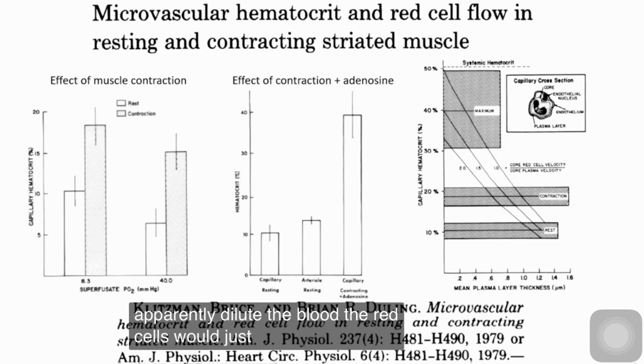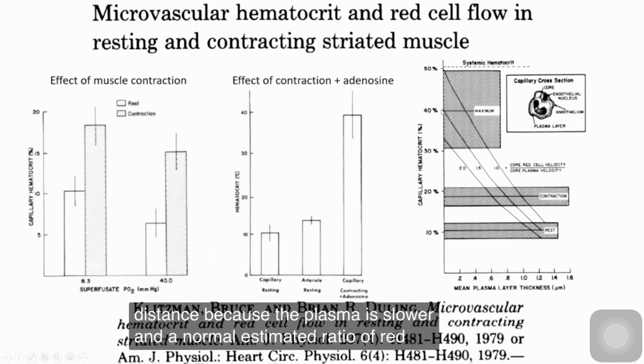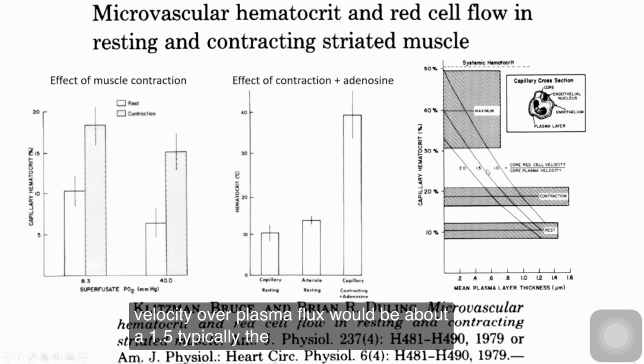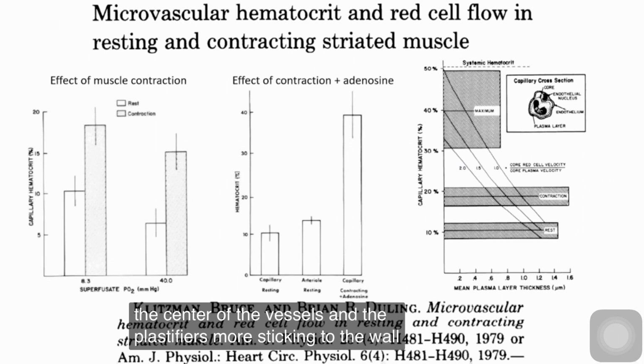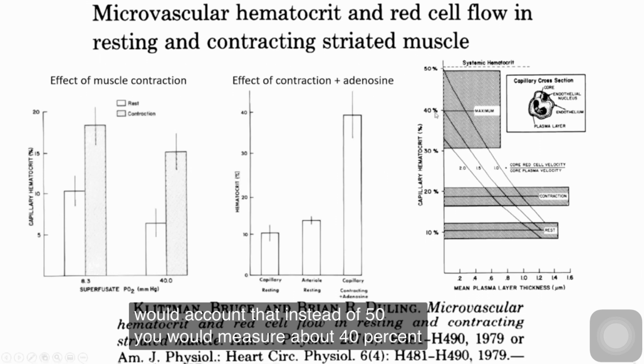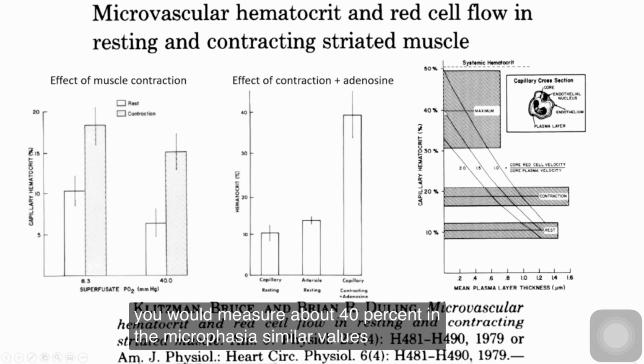The red cells would just separate at a greater distance because the plasma is slower, and a normal estimated ratio of red cell velocity over plasma velocity would be about 1.5. Typically, the red cells flow in the center of the vessels, and the plasma is more sticking to the wall and flowing a little bit slower. So that would account that instead of 50%, you would measure about 40% in the microvasculature,